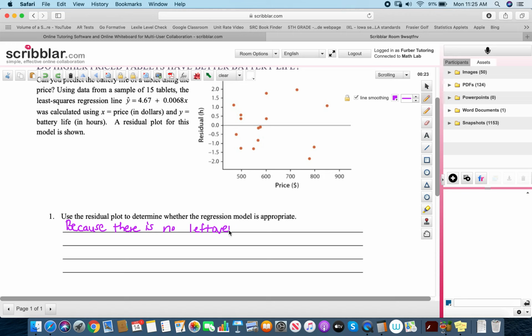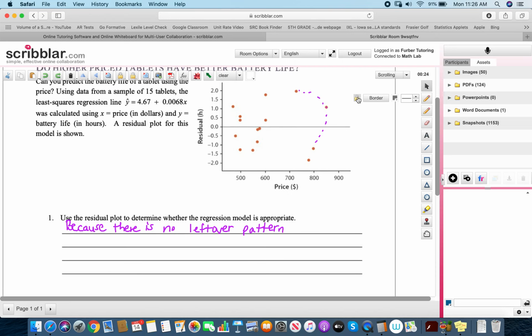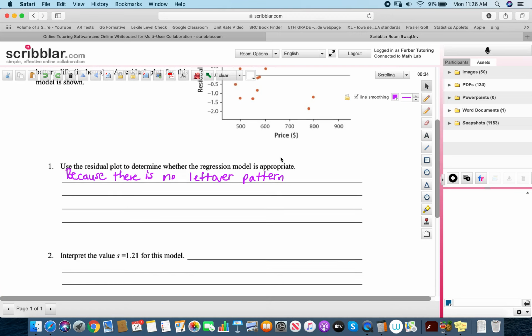Here's what I mean by that. If there was a pattern in the numbers, for example, let's say it went like this, or let's say the dots were up here and then they all went like this, and there was a bunch more dots there, then that would not be an appropriate model. So we're looking for equal scattering. Because there's no leftover pattern,